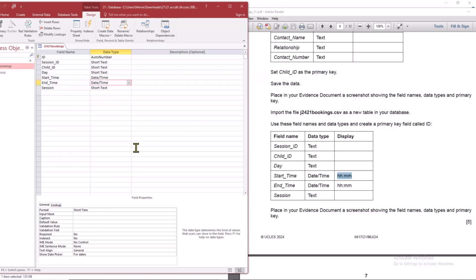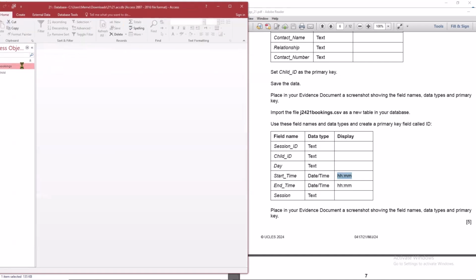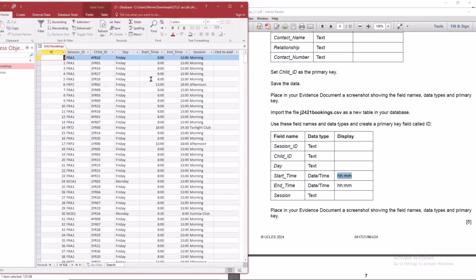Yeah, it's a short time. Then save, then close. Just let me have a look. Yeah, it is hour and minute only for the first start time and end time. And you can see here I have ID created automatically by the